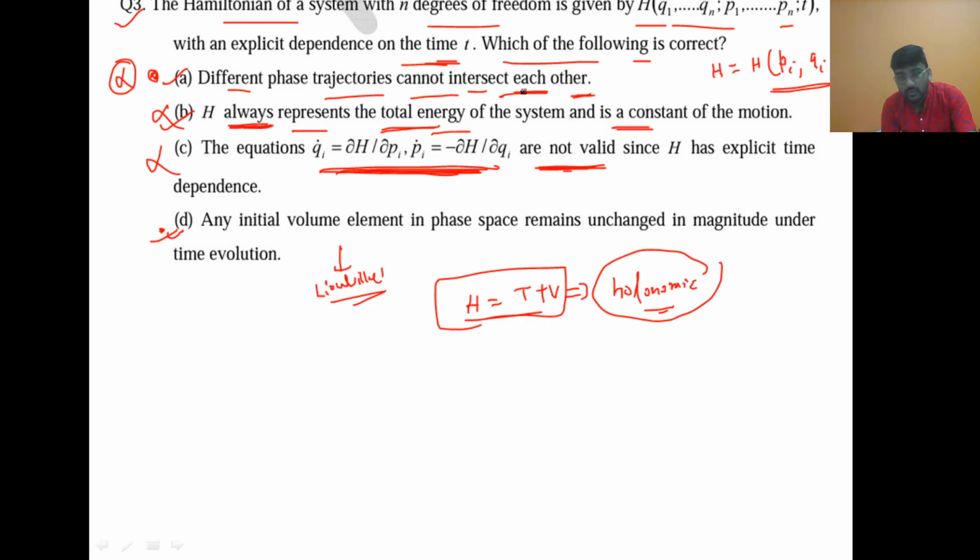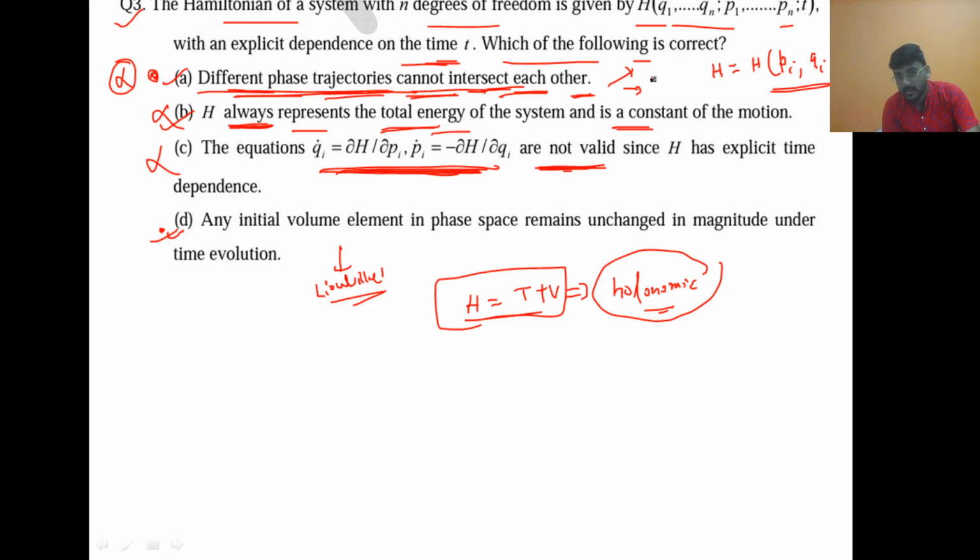This is also not the general statement. We know in classical physics that any phase trajectory cannot intersect itself, but different phase trajectories can intersect sometimes, okay. So there is a lot of debate on this statement, because here the statement is not clear actually. Different phase trajectories cannot intersect each other. That means this is the general statement, you can say that different phase trajectories cannot intersect each other anywhere.